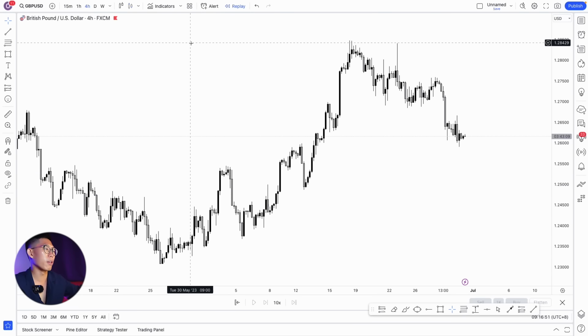I'm just going to show it to you guys on GBPUSD live, right? You can see right now this is the live market. You can see the timestamp right here. So over here, first things first, we have to identify the major structure on the 4-hour time frame, right? Because the major structure tells us where is the overall trend, where is price going overall,